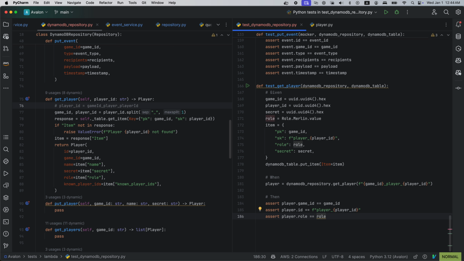Okay, the row is actually... no. So we give it a row, but this row is actually no. This is actually row.